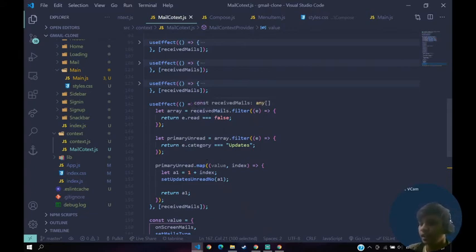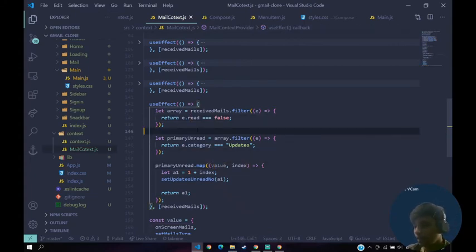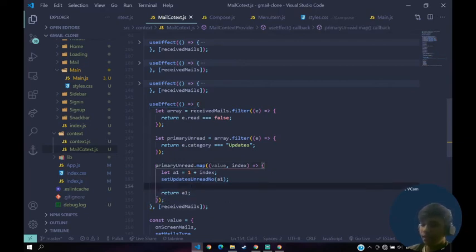So received mails, whenever, first of all, we have an array. How do I explain this? Okay, let me tell you this way. For example, we have an array which already has these values. For example, we have 5 objects, 5 indexes in that array. Then the moment you are clicking on it, the number of indexes are reducing, right? So whenever the index changes back to 1, when there's no remaining index, it does not work then, because then it automatically gets that 1 index and that doesn't work. So it's up to you. If you want to fix that glitch, you can do that. In my case, I won't be doing that. I felt too lazy to do it.